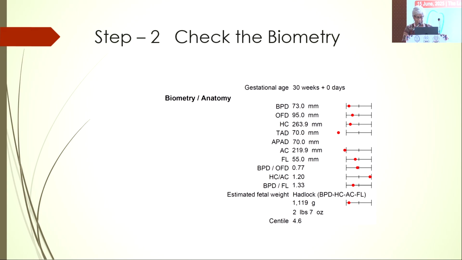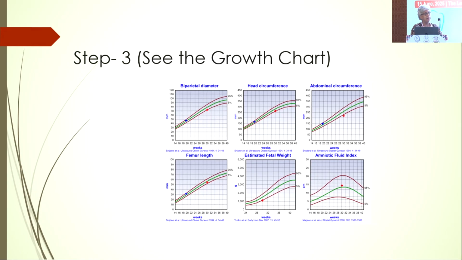Yes, very right. We have to see the growth chart. This growth chart is actually very important. Don't jump directly onto the Doppler. We have to see the growth chart, and it can give us the idea. In one picture, I can see how the previous scan findings were, how the growth was, and in the present scan, where the biometry is, including head circumference and abdominal circumference.